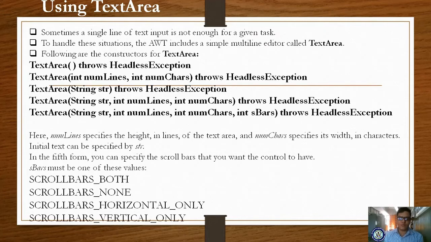SCROLLBARS_HORIZONTAL_ONLY means you will get only the horizontal scroll bar, and SCROLLBARS_VERTICAL_ONLY means you will get only the vertical scroll bar in your text area control.